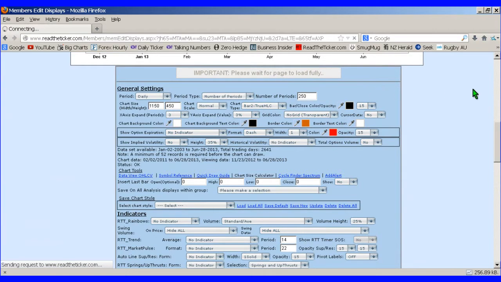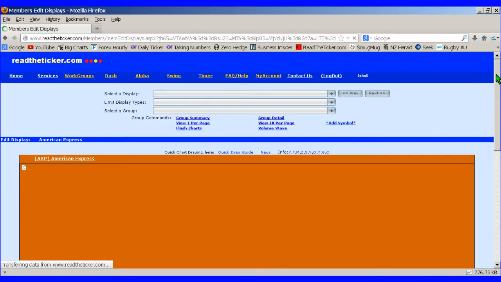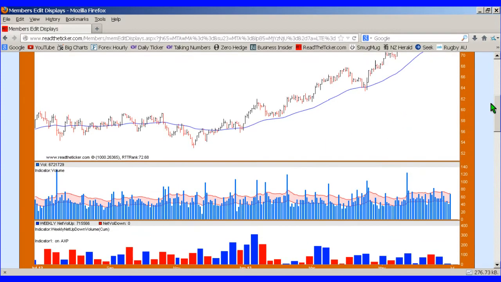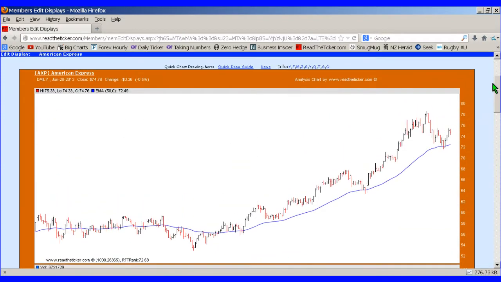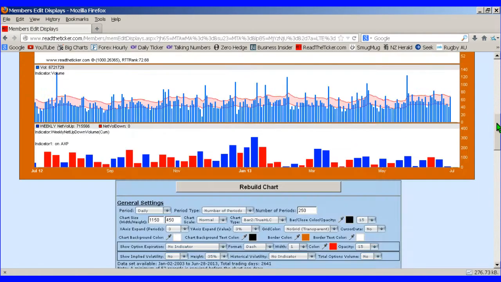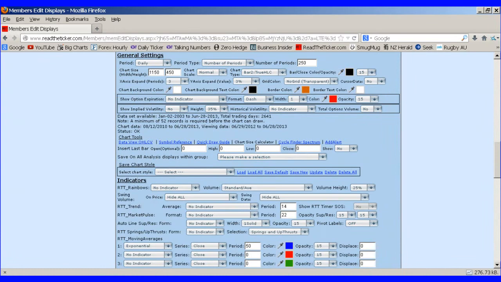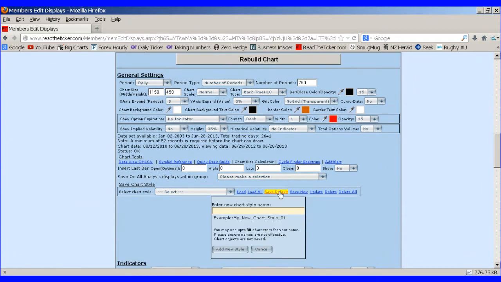Okay, let's see what this looks like. Alright, so here's our formatted style. Okay, I'll leave it at that. So now I want to put this style, or this format, onto the other 18 charts. What I do is, I want to save this style. So I go down to select chart style and I go save new, and I'm going to put in here